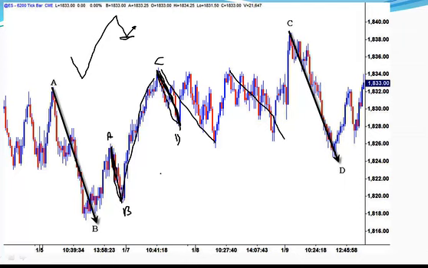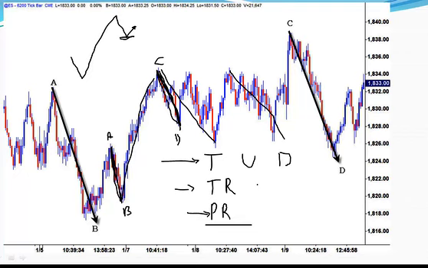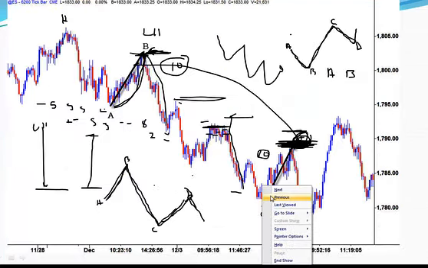So what we've learned today so far is, number one, we learned what a trend is, both an uptrend and a downtrend. We learned what a trading range is, and we learned what price relationships are. So we've learned the basics, the basic fundamentals of technical analysis: trend, trading range, and price relationships. Because if we look at prior swings and we go all the way back,